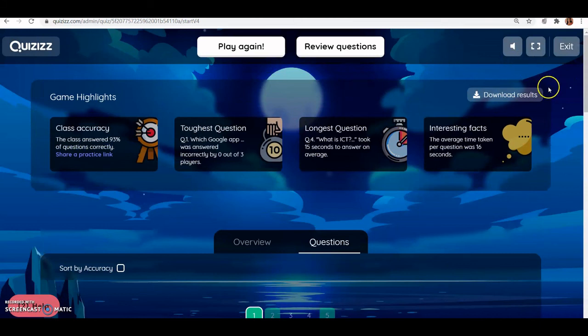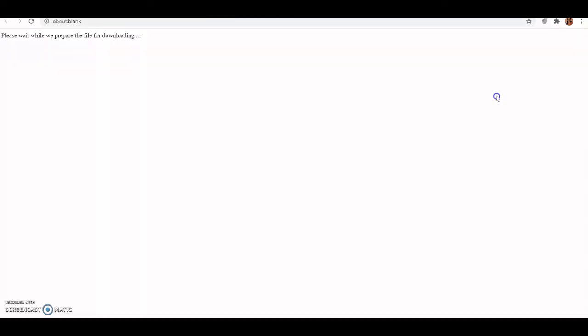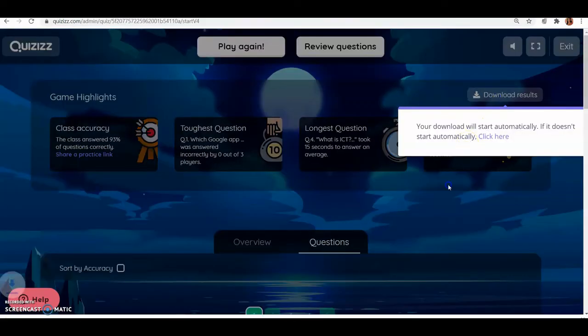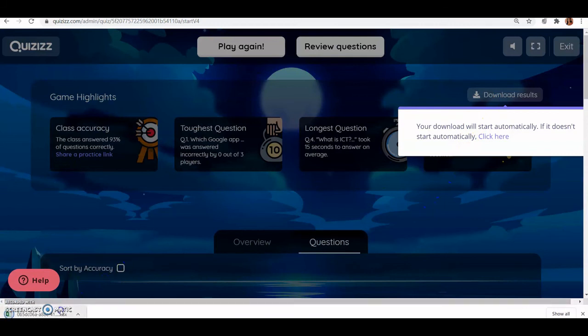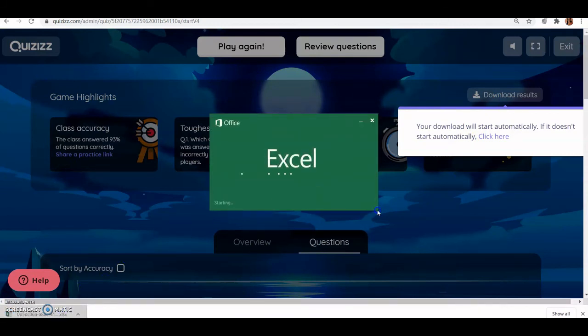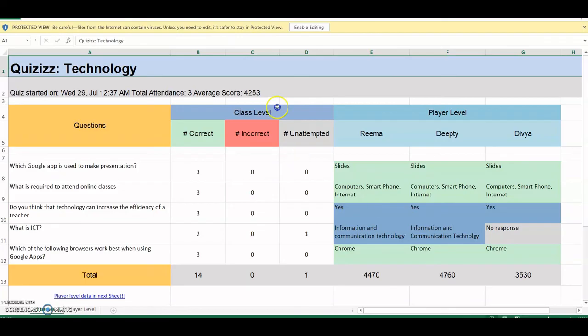And finally, at the end, if you want to get the results downloaded, you can click on download results and it will be downloaded as an Excel file. So if I just open this file, you can see the way the results will appear.